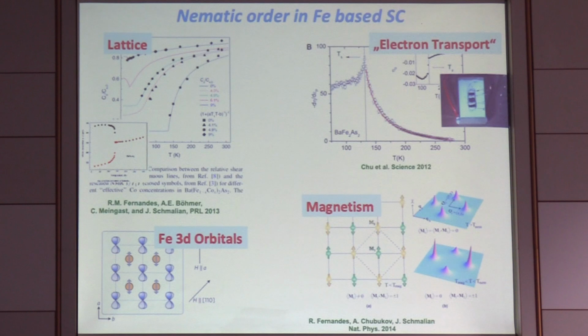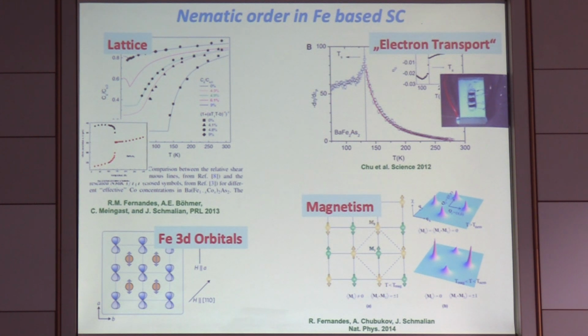And now I will first just flash what usually people do, and a lot of work has been done here in Karlsruhe, where people are around. So we have the lattice constant showing this orthorhombic strain in barium 122. We have a softening of the lattice, which you can also measure by techniques you already saw earlier in Anna's talk. We have the pioneering work from Fisher's group, where we can measure the strain derivative of the resistivity using these piezo devices, showing this divergence, telling us that electronic degrees of freedom are crucial for